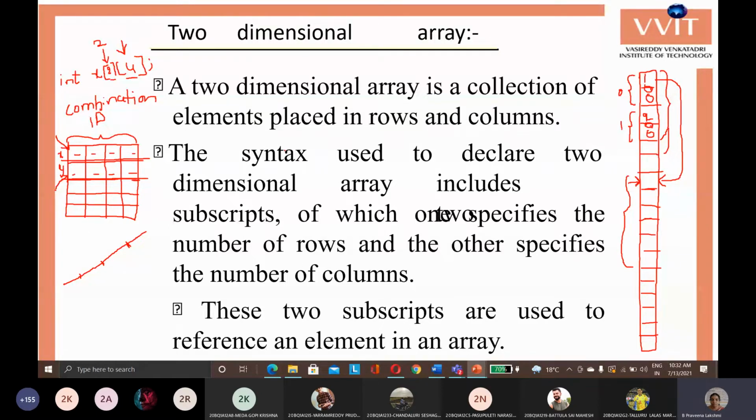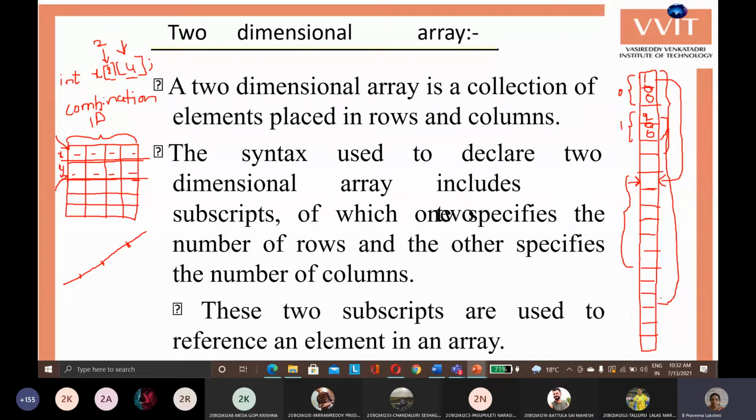Based on the availability of space, it might be possible, but generally it doesn't have continuous memory locations. The first row is continuous, the second row is continuous, but after the first row you cannot get the second row immediately. So this 200 is the address of your second row.